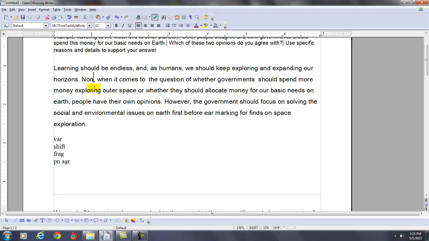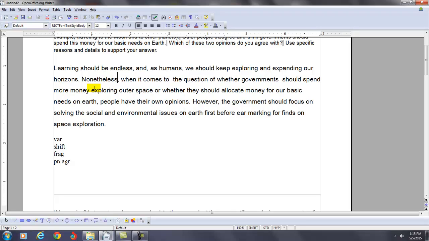I'm going to use a different word here. Nonetheless, same thing as however. When it comes to the question whether government should spend more money exploring outer space or whether they should allocate more money for basic needs on Earth, people have their own opinions. However, the government should focus on solving the social and environmental issues on Earth first before earmarking funds